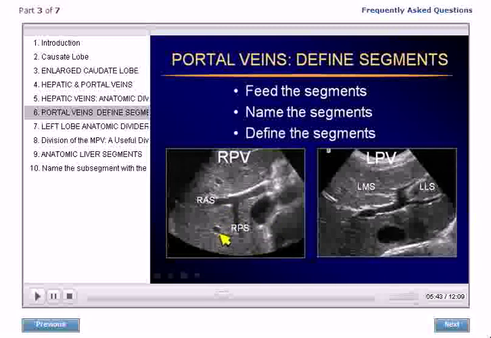And notice, here's our right hepatic vein, and here's our middle hepatic vein. This plane of separation, middle hepatic vein in line with the inferior vena cava, is our divider of the liver into right lobe and left lobe. And the right lobe is further subdivided into anterior and posterior segments. The left lobe